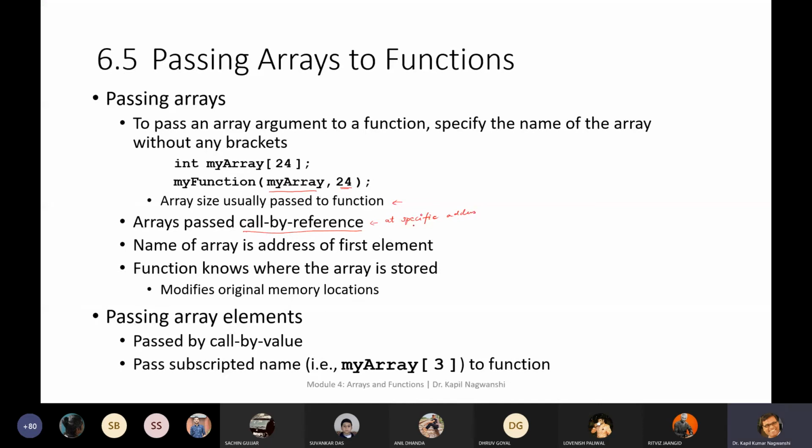With arrays, we are dealing with the address. We know what the address of this particular thing will be. So that's why it is the practice: the name of the array is the address of the first element.